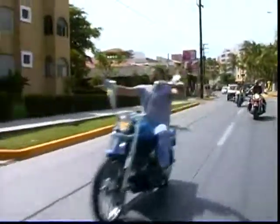In the tradition of biker goodwill, Steel Thunder Outfitters tries to support the children of Mexico wherever they ride. This stop